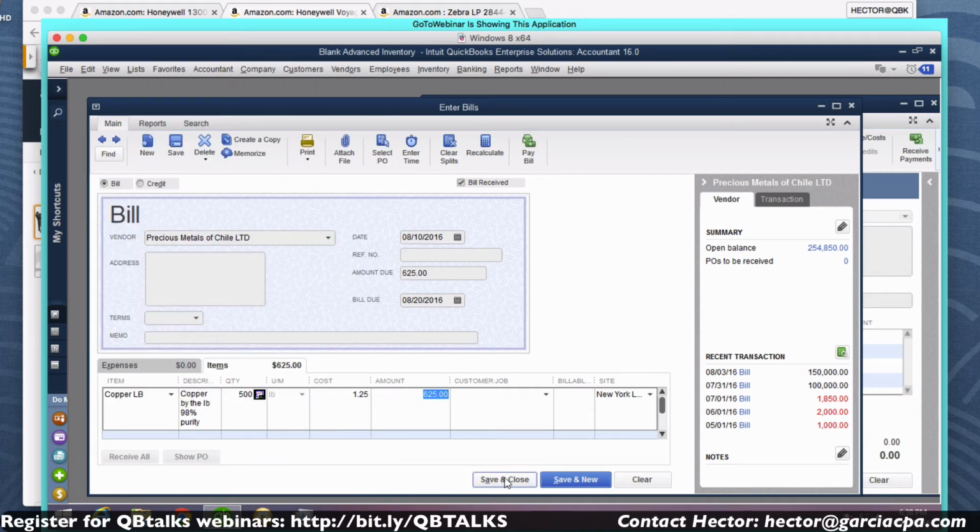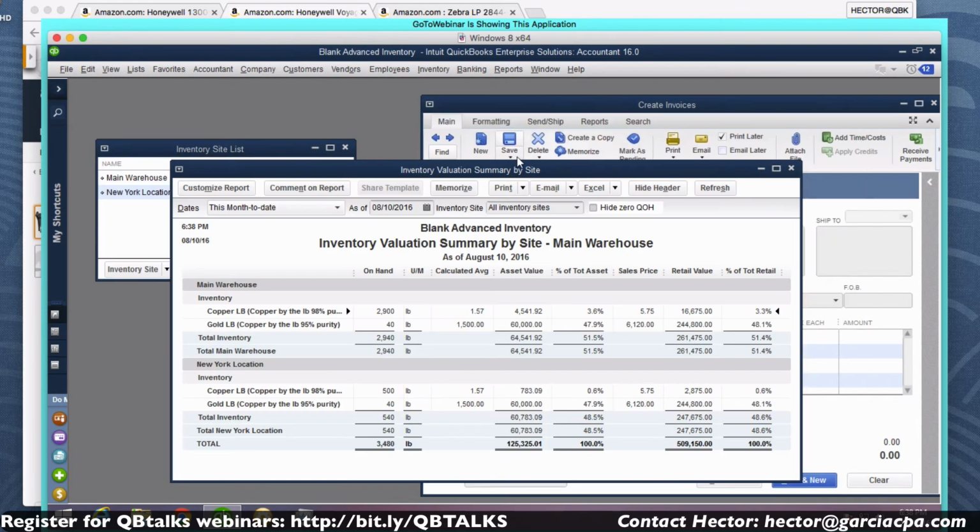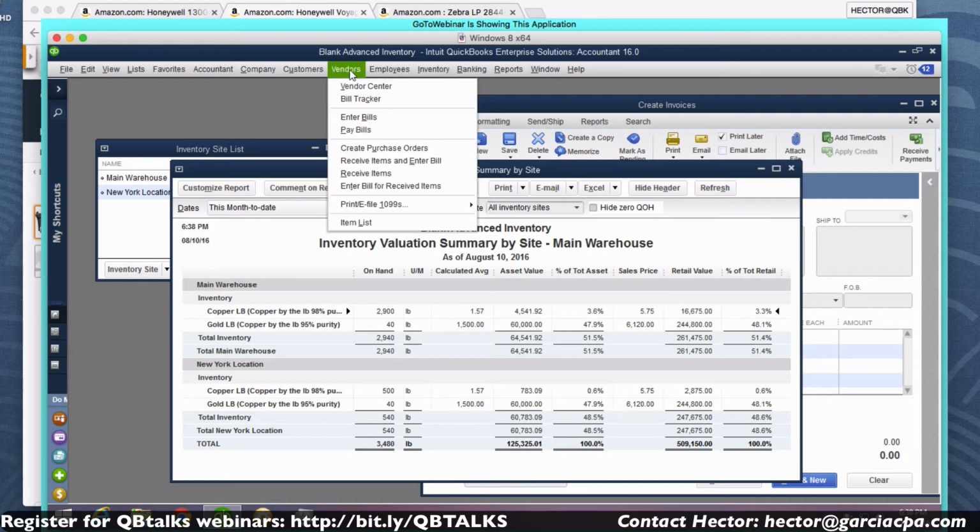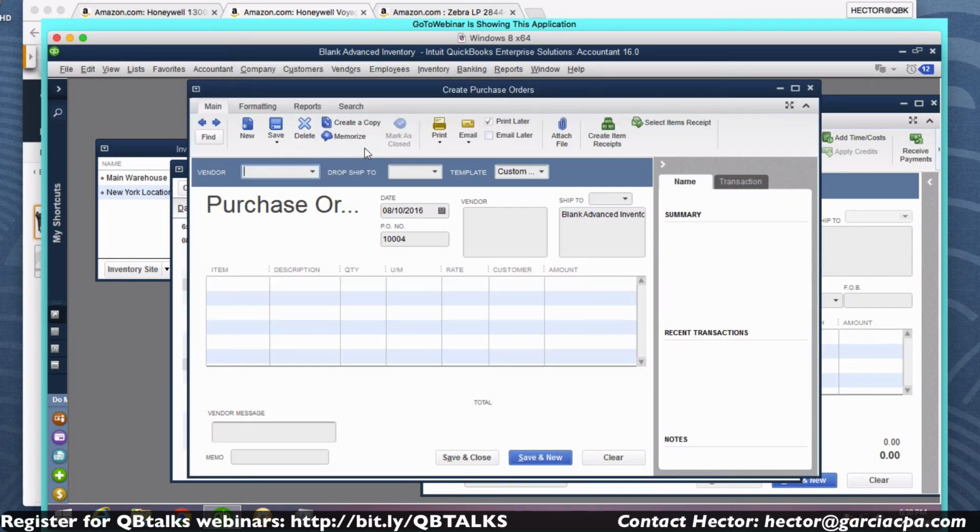And then I'll hit save and close. So as you look at my inventory valuation by site, you see now I have my 500 pounds of copper in New York. Now the other really important thing to keep in mind is sort of one of the common issues I have with clients, especially if I don't have an opportunity to train them,